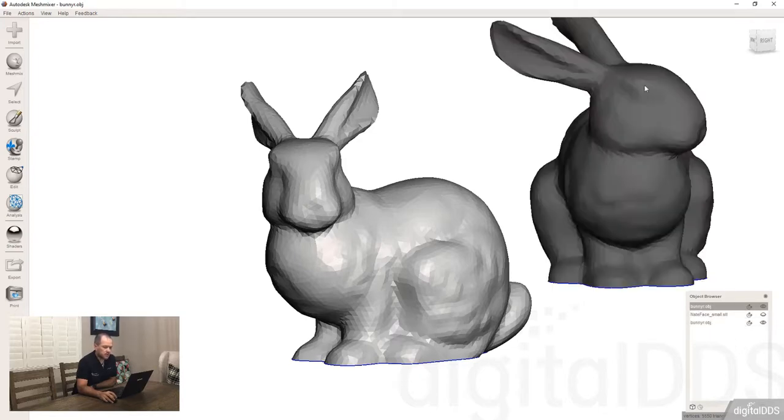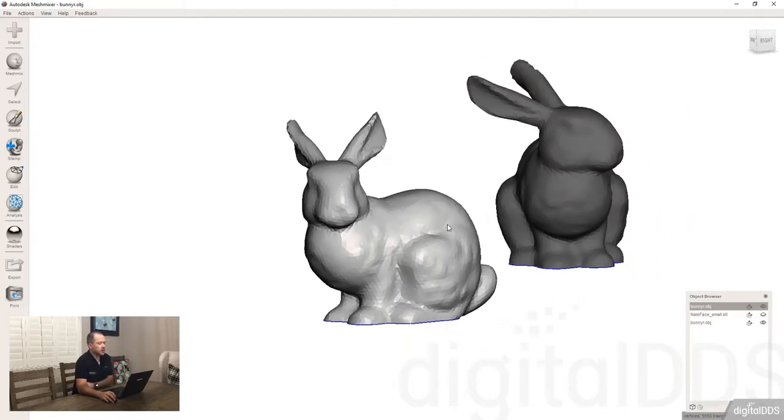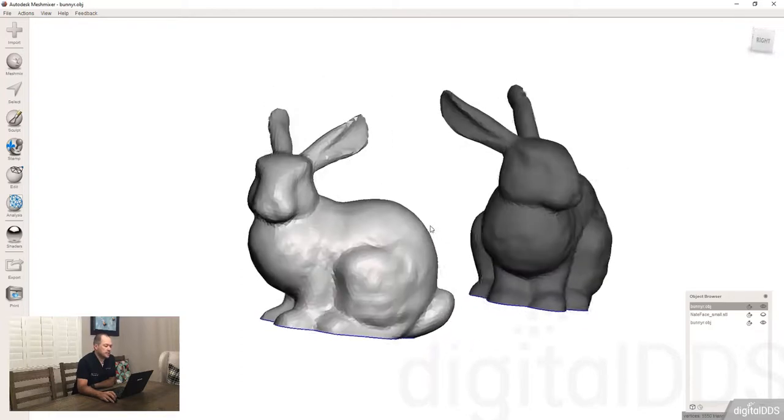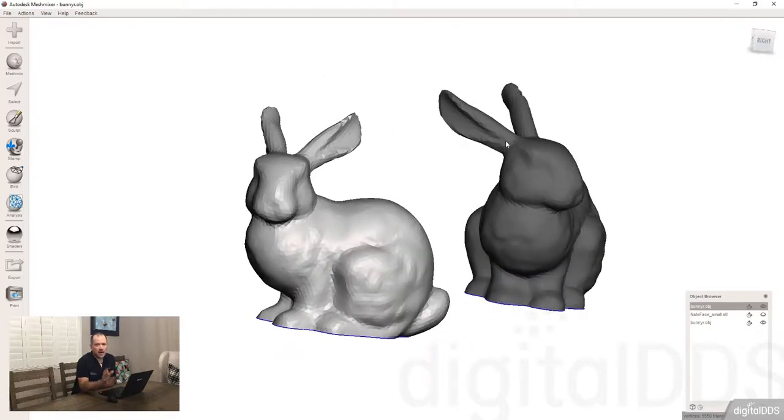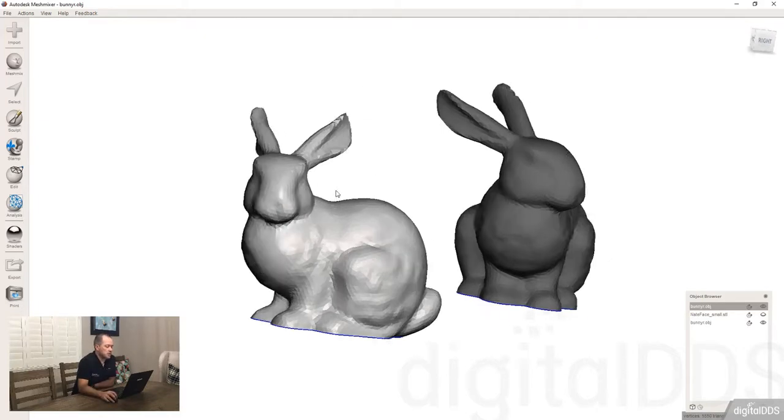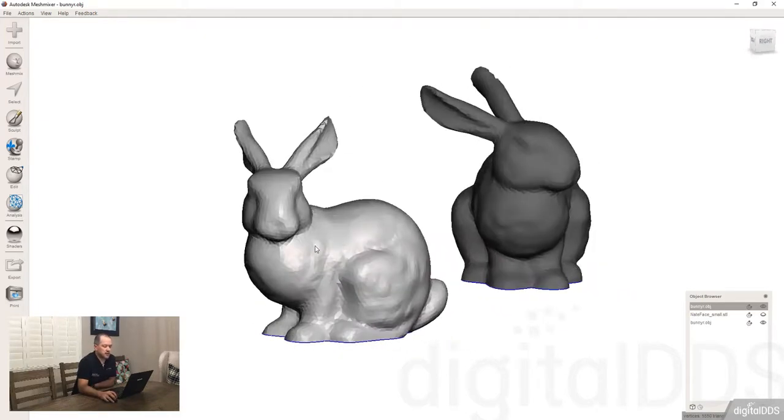So to do this, we have a second rabbit here on the scene, and we're going to set one of them as the target, and then the other one we're going to move over to it. So we're going to start with our original as the target. There's two ways that I know of to set one as a target. One is you go into actions and you say set as target. I never do it that way. I always just click on this little